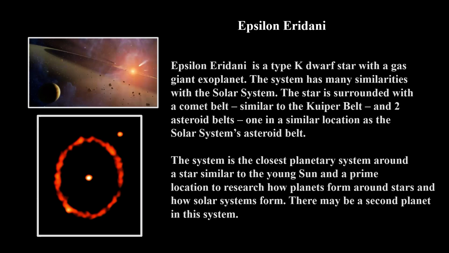Exoplanet Epsilon Eridani b orbits exterior to the first asteroid belt. Data indicates that an unconfirmed second planet may lie near the outer asteroid belt. This is a truly fascinating deep sky object because it is so similar to the Earth. It has asteroid belts, it has comets, pretty cool.